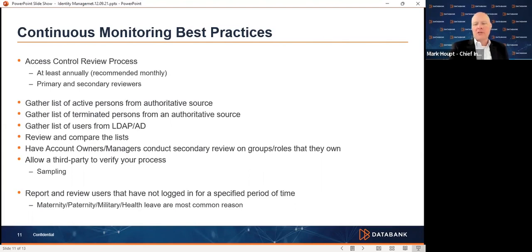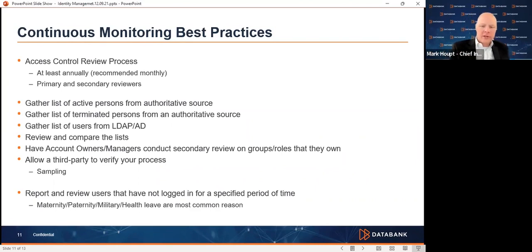In our case, we say anybody that hasn't logged into our systems in 30 days is somebody that we want to question, because that person may still be employed with the organization, so they would show up on the HR authoritative source of active persons. They would not show up on a terminated list, and so on. So this report says, hey, you haven't logged in for 30 days, and I can take that back to